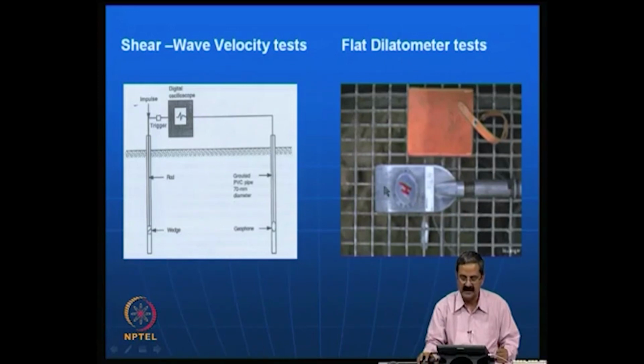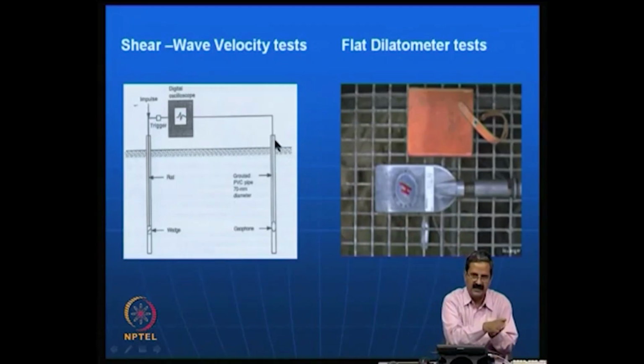This also has very versatile applications, and shear wave velocity measurements. Here again, as I just mentioned, the dilatometer is very useful, the pressure meter is also very useful, and shear wave velocity measurements. So, for example, in shear wave velocity, what do we measure? We measure the shear wave velocity, and since the shear wave velocities are measured in situ,